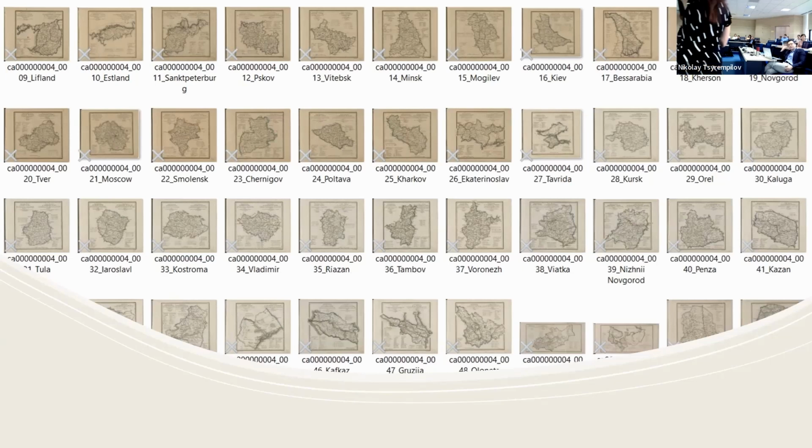So what I essentially did, and I did some of the work myself, and then I got some help, was cut out all of those little pictures of provinces and then figure out how to stitch them all together and how to lay them over a contemporary base map and do a thing called georeferencing, which basically means you take an image, you lay it over a base map, and you teach the image where it is in the world, and you assign coordinates to every pixel in the image.